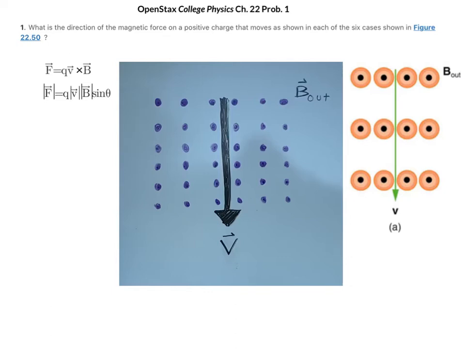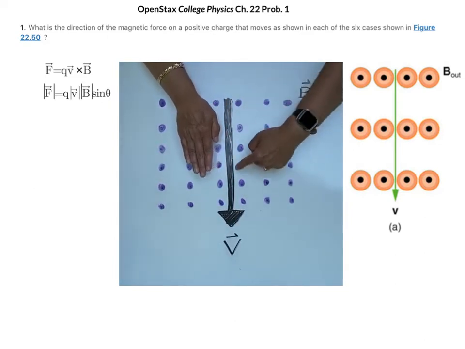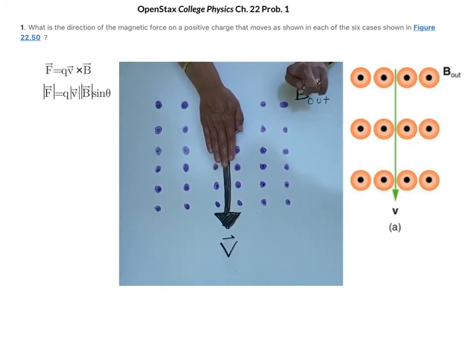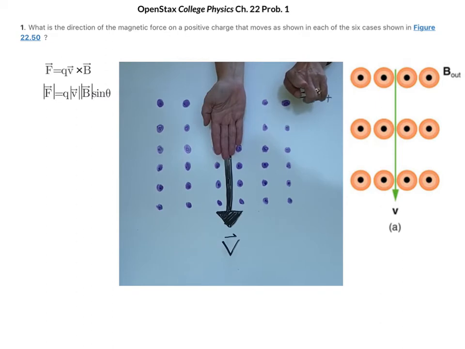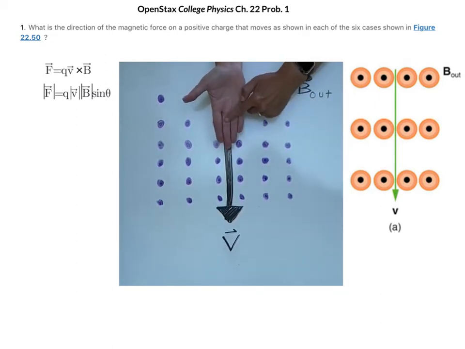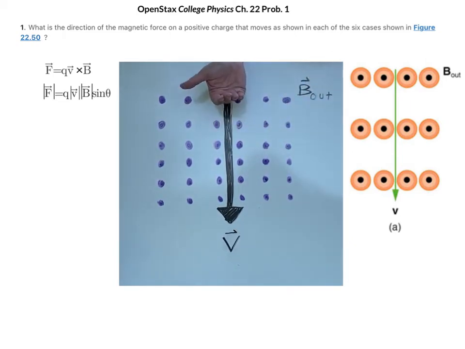So let's follow this video. So here we have the velocity is going straight down. We put the hand along the velocity in the same direction as the velocity, and then magnetic field is out, so we have to turn our hand so that the fingers can come out of the picture here. Velocity is still down, fingers are still pointing down, magnetic field is out, and the force is going to be in the direction of the thumb. Let me draw that on here. So I have the force then is going to be in this direction,